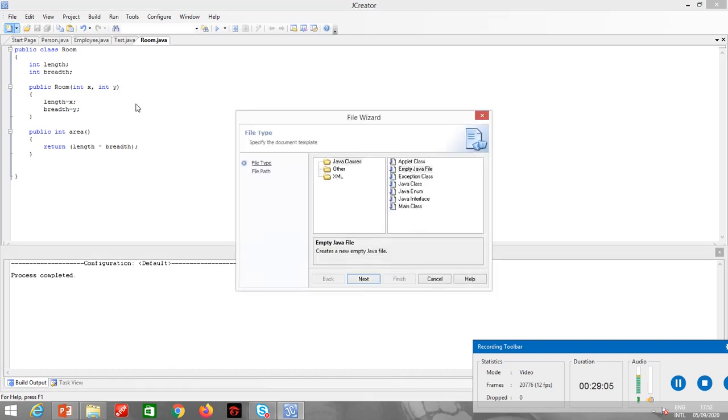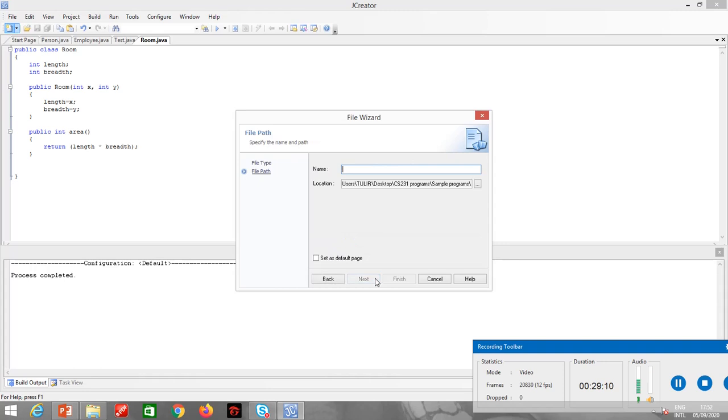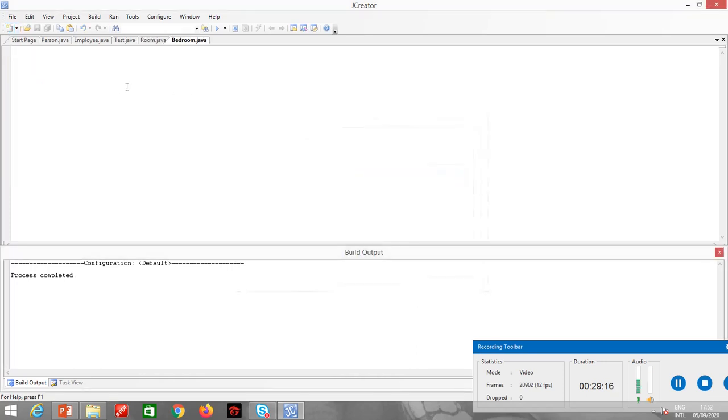Let me make another class inherited from the room class. Let me call it bedroom. So public class bedroom extends room.